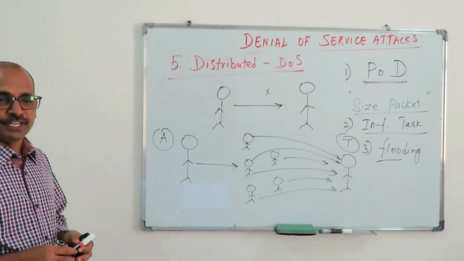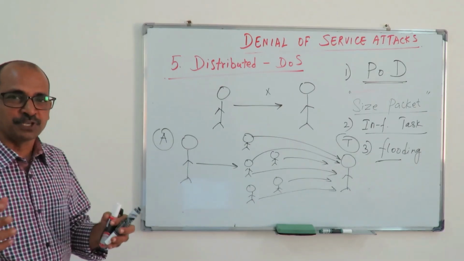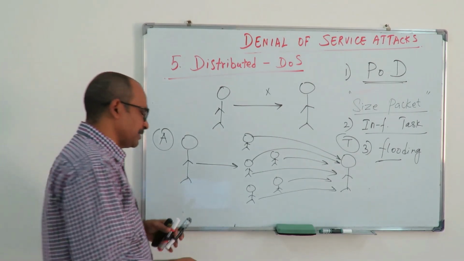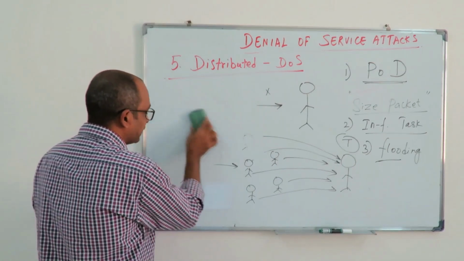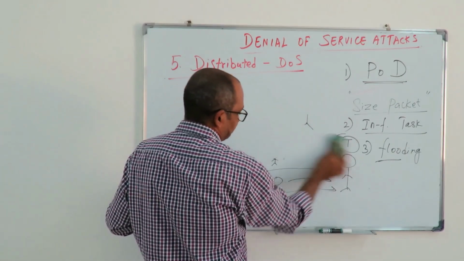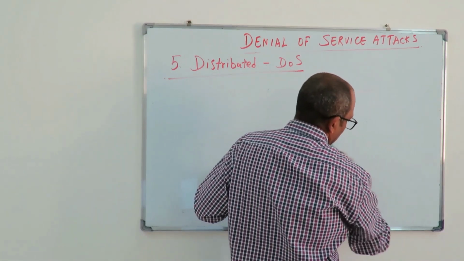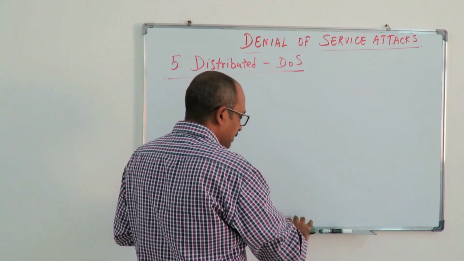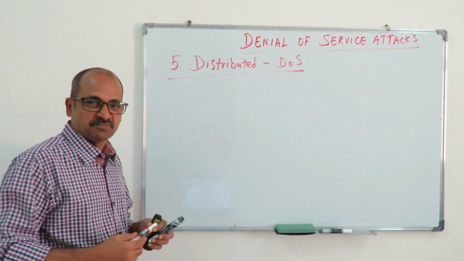Now I am going to the next topic. What is the next topic? Distributed denial of service attack architecture. So we are going to see the architecture of a distributed denial of service attack. Now, if you see the architecture of a distributed denial of service attack, the boss, the head, is going